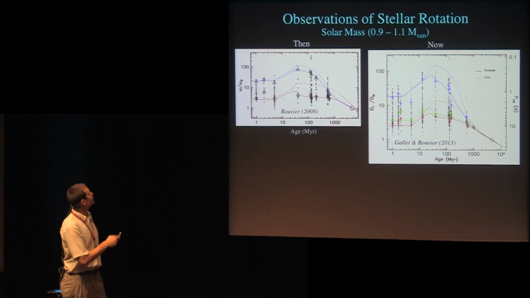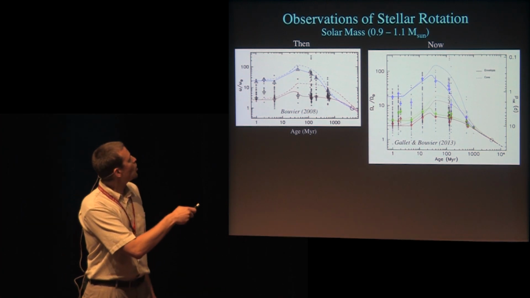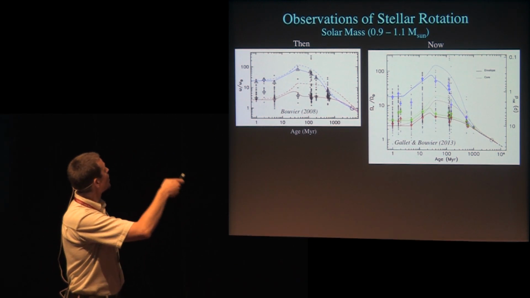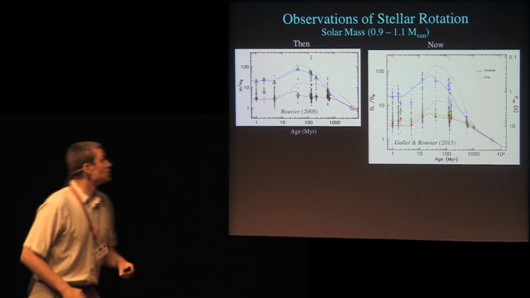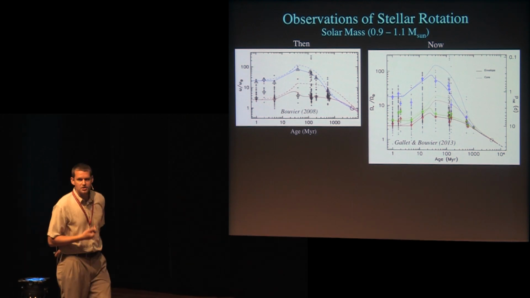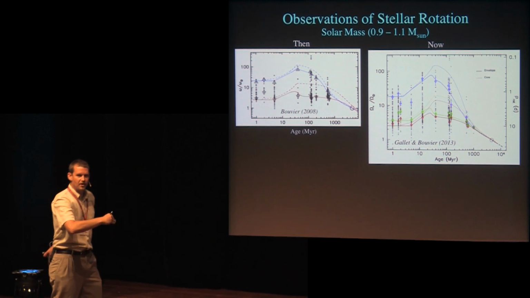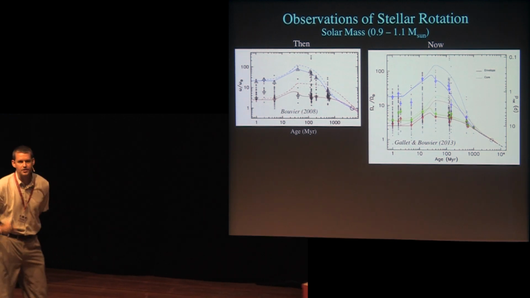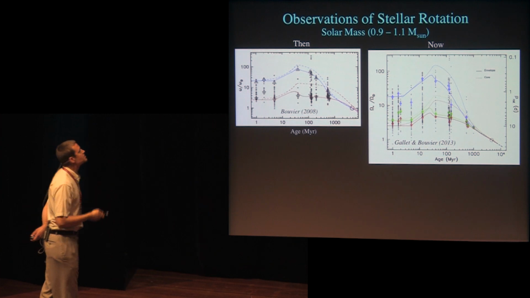This is a figure from 2008 and a current figure showing the data now in omega versus age, so spin rate versus age, in a log plot. And this has been cut from 0.9 to 1.1 solar masses, so these are solar mass stars. One thing you can see, each vertical collection of points is a single cluster. The symbols represent the lower 25th percentile and upper 90th percentile of the distribution, just to characterize how the distribution itself is evolving. And you can see that we have more data at all ages, but in addition